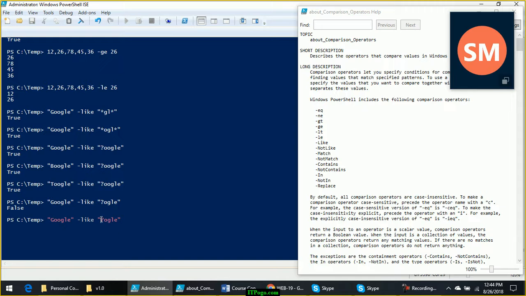So instead of question mark, if you put asterisk, asterisk can accommodate as many characters as you want. That is one way, or you have to use two question marks here. One question mark will take the place for G, another will take the place for O. Got it?